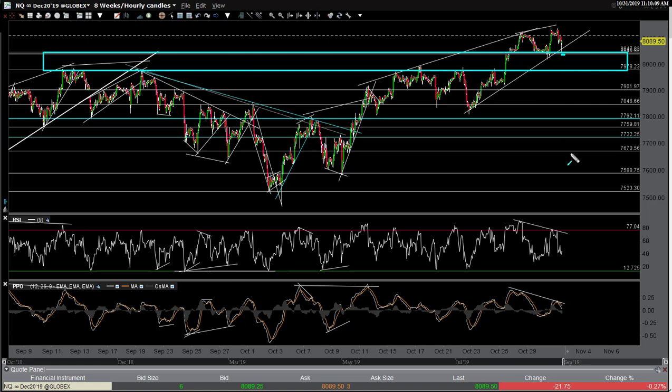So you want to get an early jump on it, wait for ES and NQ to break. Pretty much at this point, I'll say a break at today's lows. Let's keep it pretty simple. And if you're a QQQ or SPY trader, or SDS, SPXL, any of those leveraged, TQQQ, SQQQ, I should say, same thing. Wait for a break at today's lows,